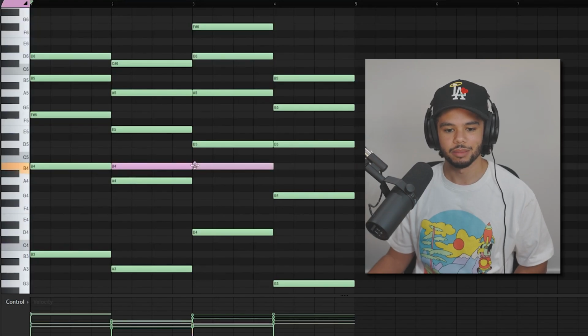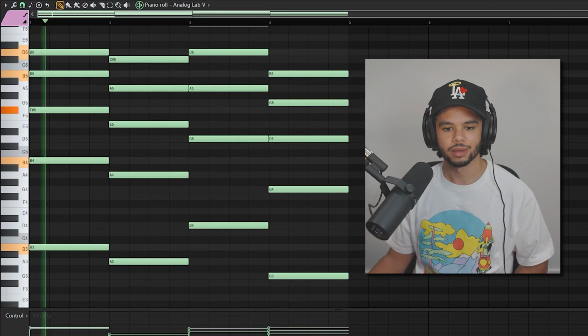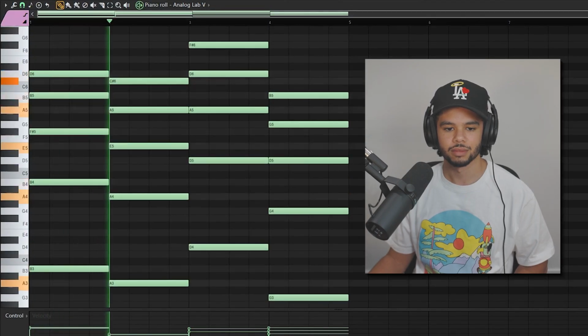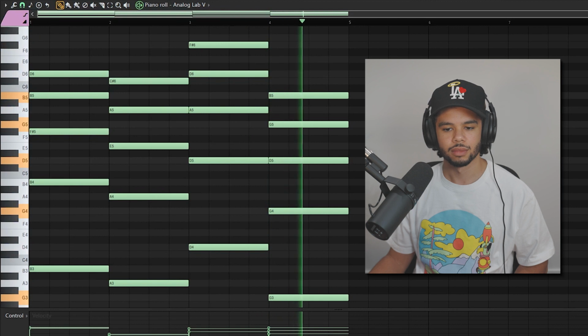The next trick is just adding the tonic note throughout your chord. And basically what that is, is the note of the key you're in. So this one's in B minor. So I'm just gonna add B throughout this chord progression right here. Here's it without. And now if we add it,